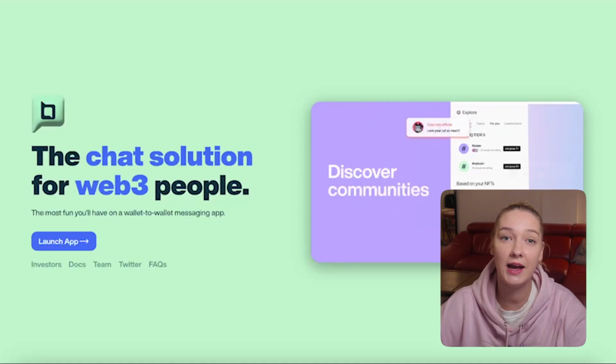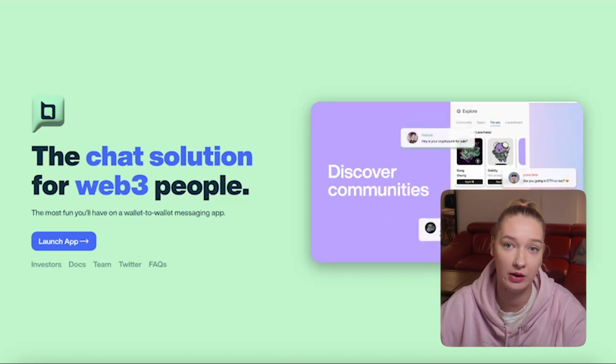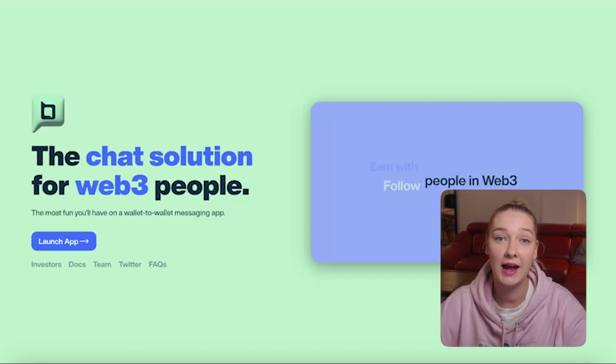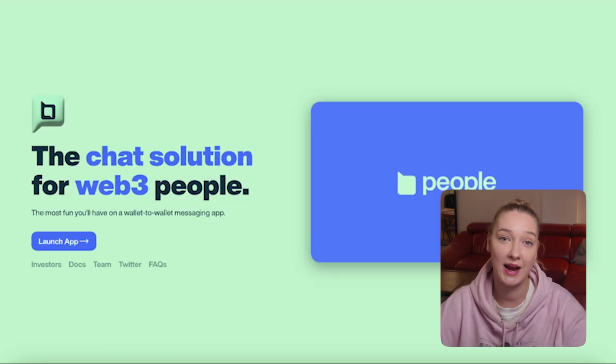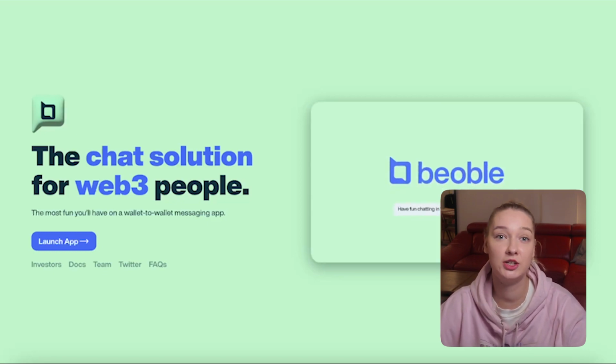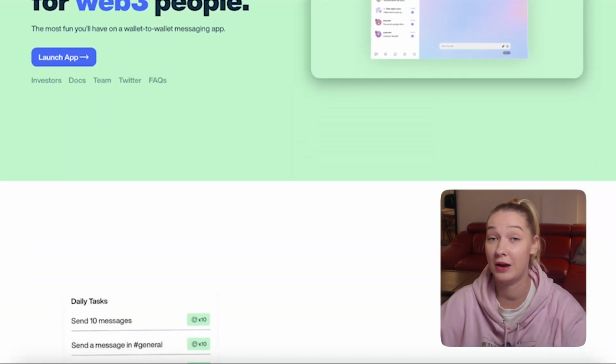So I think that Beoble's project concept is really innovative, and the idea of making communication directly between wallets in the Web3 space is not only practical but also adds a layer of convenience and security for users. And I really like that they are not just creating a messaging app, but an entire ecosystem around it, providing a toolkit for dApps to integrate easily. Also, another thing I really like is that they make sure you enjoy chatting while keeping your messages super safe with end-to-end encryption. That means nobody is checking on your conversations. So I definitely think that this project might be the next Web3 Telegram.